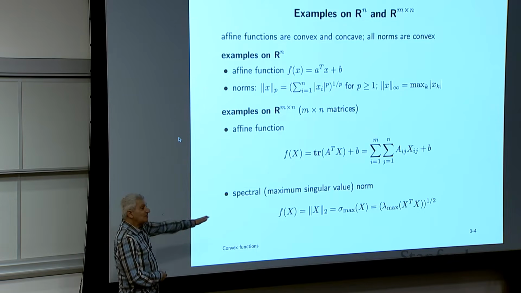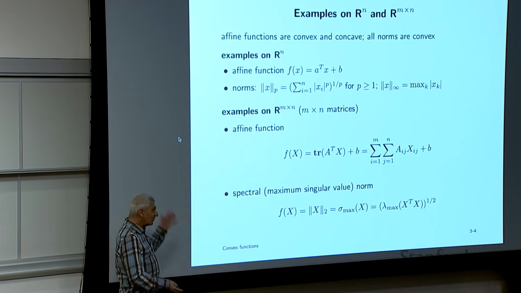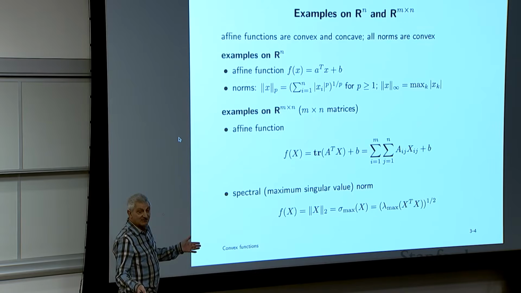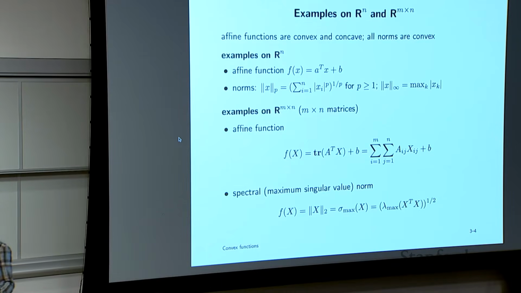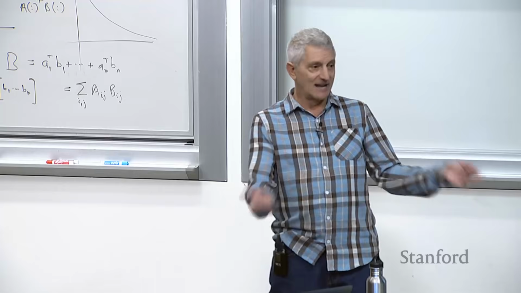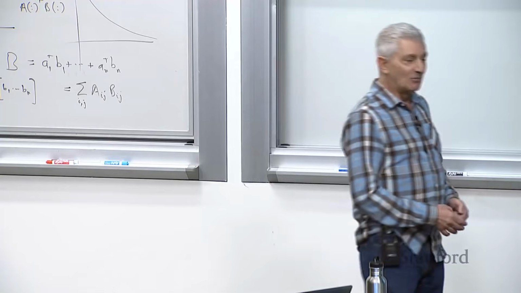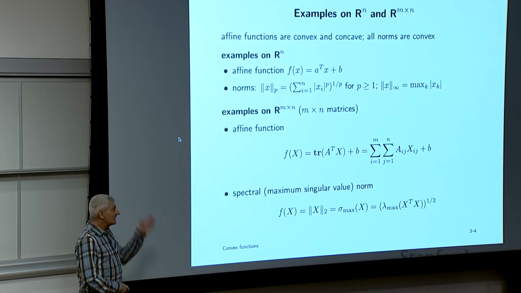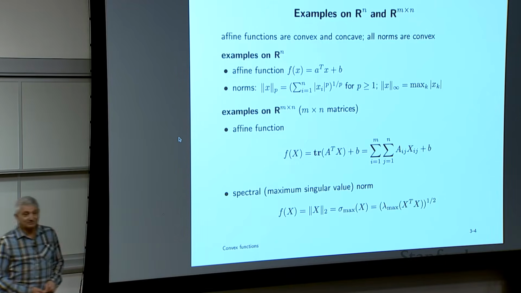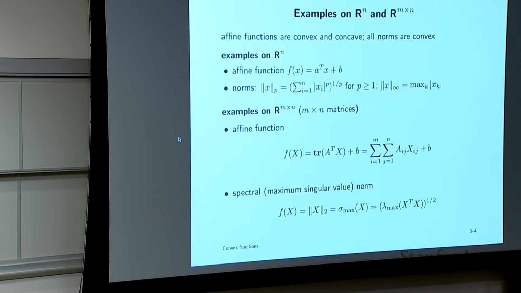By the way, you can't write this out analytically if any dimension of X is bigger than 5. You cannot write out a formula for it, because you'd have to find the determinant of X transpose X minus lambda I, that's a polynomial of degree at least 5, and there's no formula for the roots of that, right? Nevertheless, that doesn't stop people from using the 2 norm all the time, right? But the point is that function is really complicated and it's convex. Okay, so you'll see some others pretty soon.